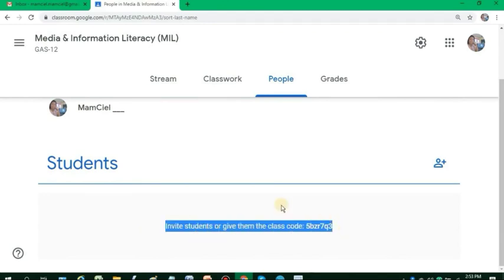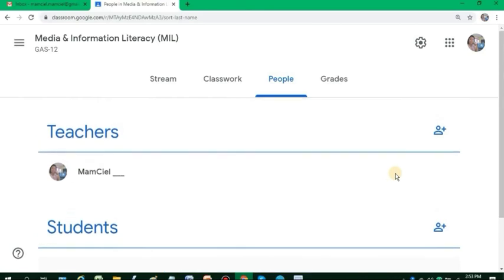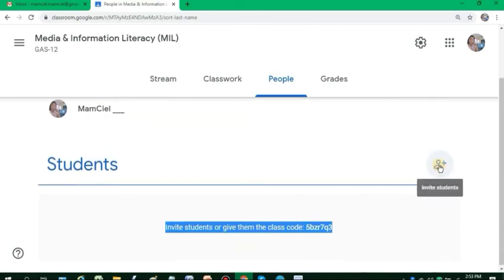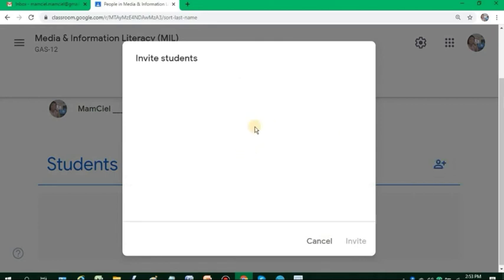So, the message here is invite students or give them the class code. So, I'm just going to show you how to invite by clicking this icon on the right side. Invite students by typing a name or email, but I would highly suggest that use the email